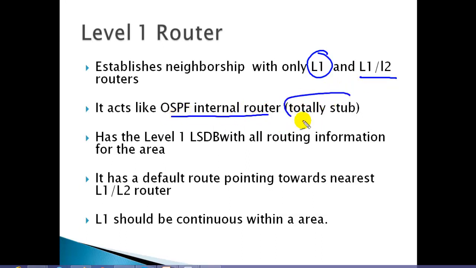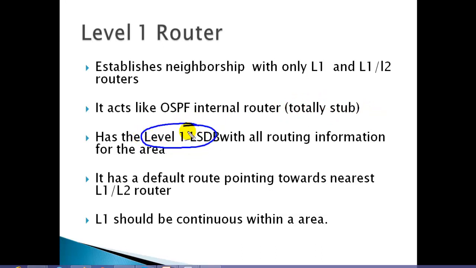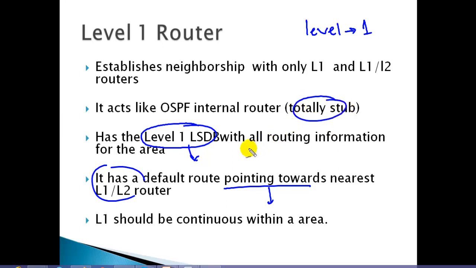It's just like your stub also. We'll see these things when we come to the labs. By default, it will not allow the routes coming from a different area. To get into a different area, it generally generates a default route. So this behavior we'll see when we get into the labs here. It is going to maintain the database only within the same area, just like level 1 routers only maintain the database of level 1 routers. By default it is going to generate a default route. This default route and the stub points I'll discuss when we get into the lab.